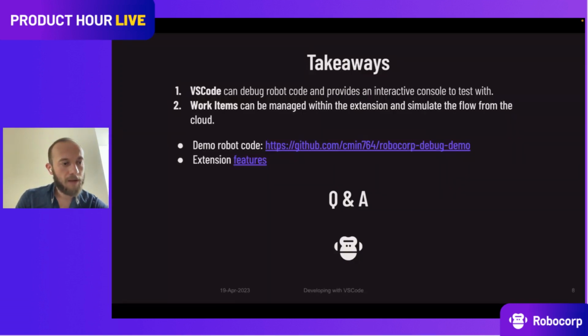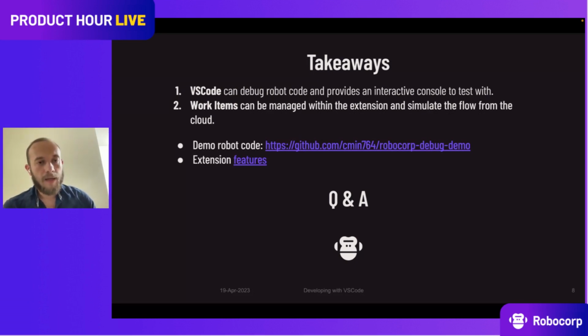So I've got two main takeaways for you. First of all, VS Code is very powerful for you, especially using that interactive console through our extension called Robocorp, because it gives you the ability to develop faster robots and test, debug, and develop at the same time in one go without lots of trial and error that will consume your time.